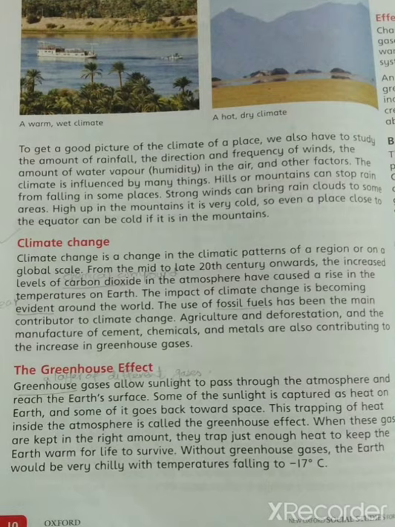This trapping of heat inside the atmosphere is called the greenhouse effect. When these gases are kept in the right amount, they trap just enough heat to keep the earth warm